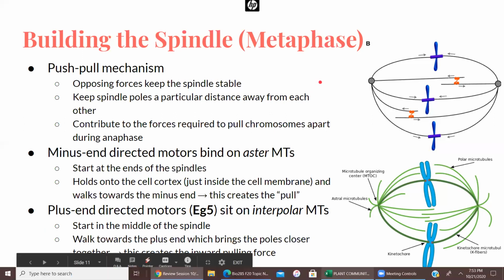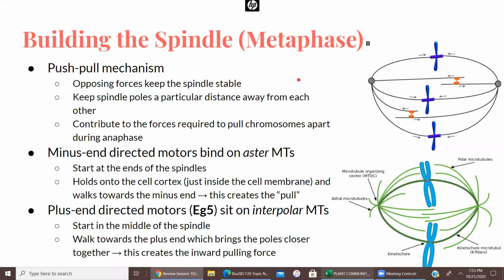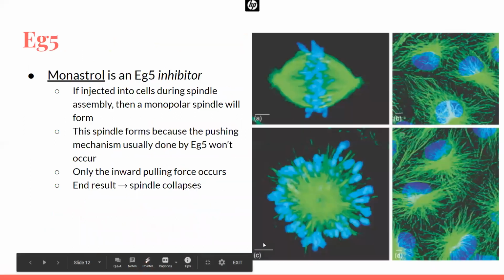Oh, I can't see this chat. Is EG5 used for anaphase separation? Yes, I think I talked about that. Oh my God. So yeah, so EG5,